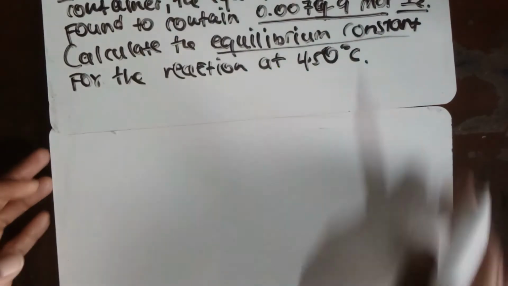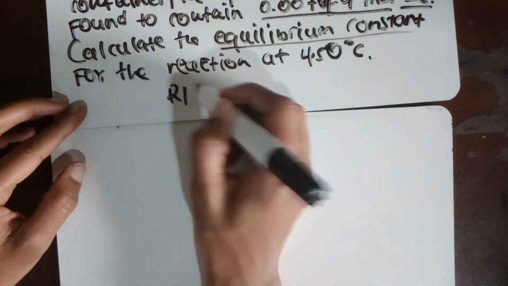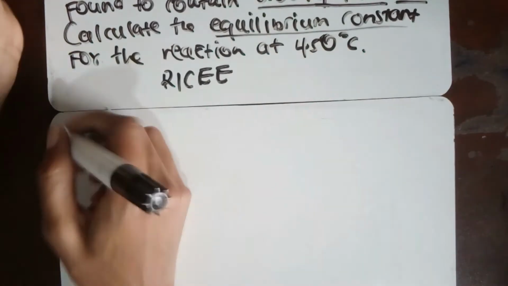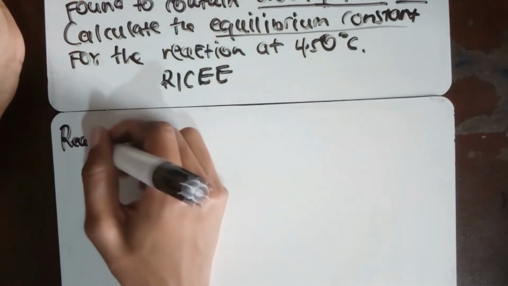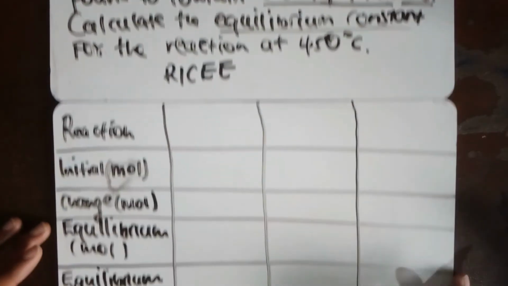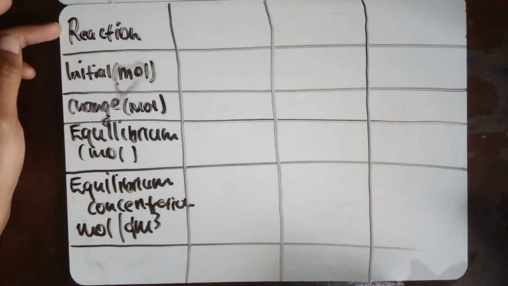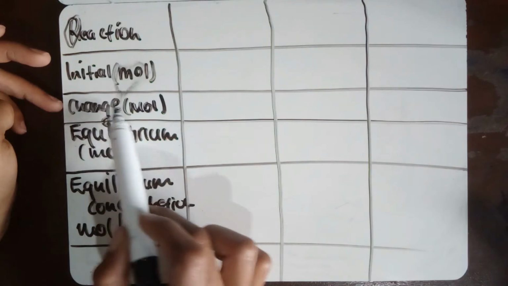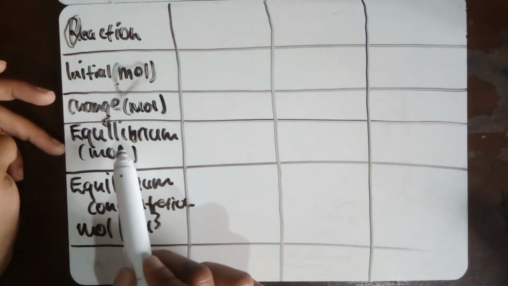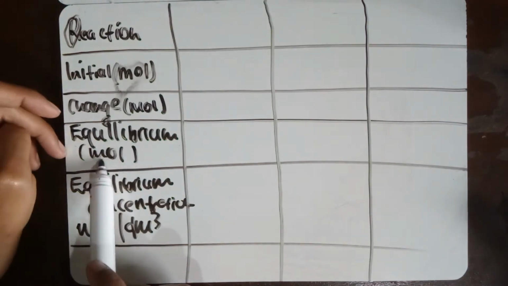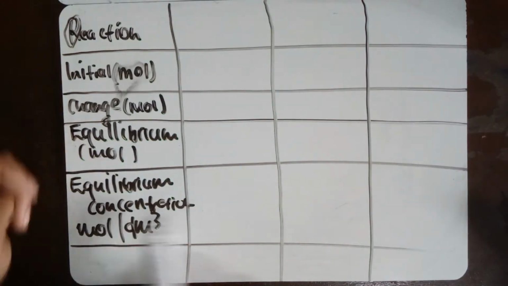So we're going to use something called the RICE method. You'll see why. It involves drawing a table. So in your first column, you have your reaction. Let me just quickly draw it and then I'll explain it. So what we will do is that we will actually draw this table. In the first row, we'll say reaction. So that's our R part, initial number of moles, the change in moles, and then the equilibrium number of moles. So the moles that we start with, the change before we reach equilibrium, and then finally the equilibrium concentration,